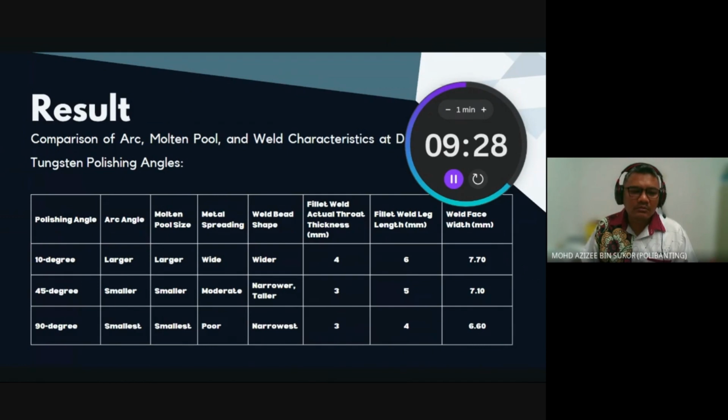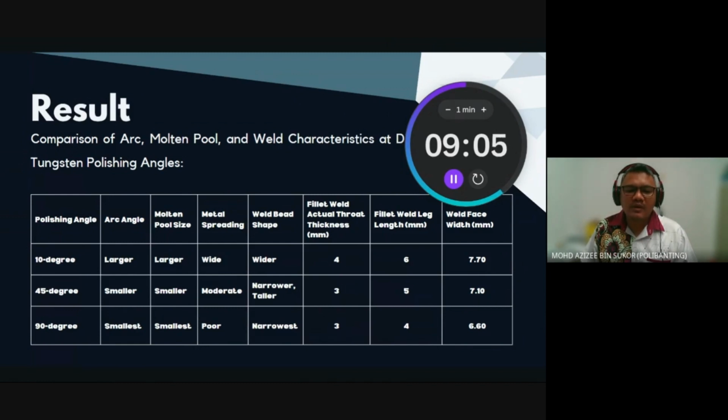The result. There are several key findings. The 10-degree polishing angle resulted in a large arc angle and significant molten pool expansion, leading to the formation of a wider weld bead. Measurement: fillet weld actual throat thickness is 4 mm, fillet weld leg length is 6 mm, and weld face width